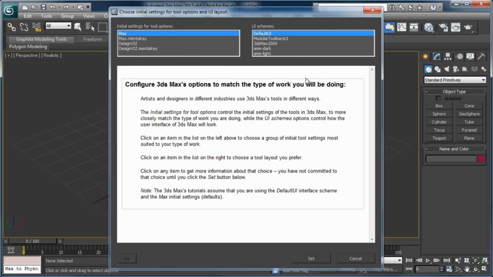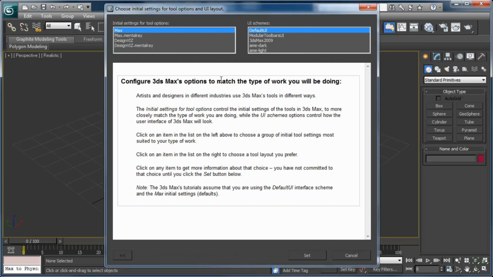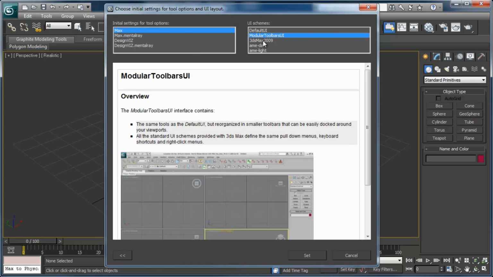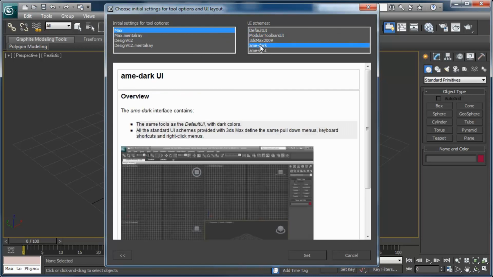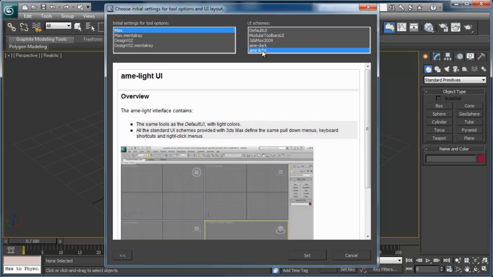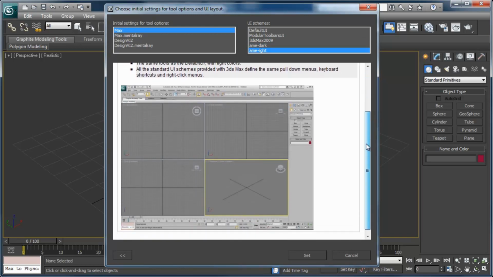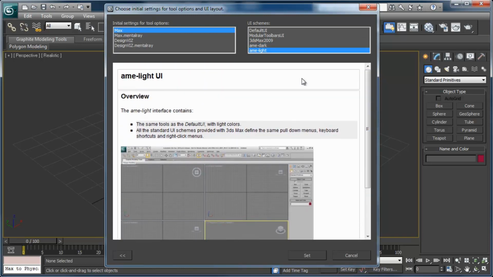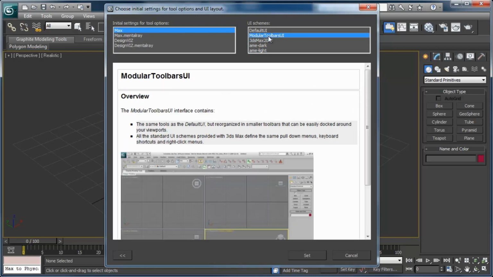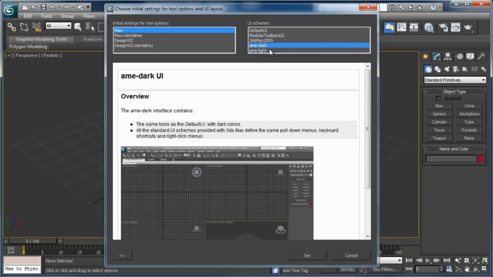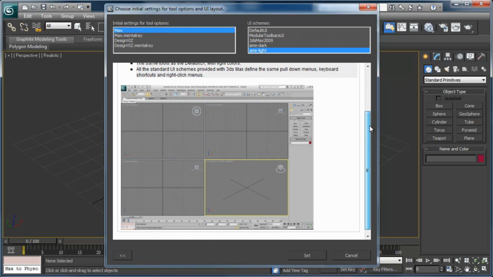If you left-click on this, it'll bring up a new menu which allows you to switch back and forth between various UI schemes, as you see here on the top right. This is our dark theme that we've been using. There's also a slightly lighter theme, which is a little bit brighter and maybe easier on your eyes, but it's just a personal preference. We'll go ahead and set ours to the light theme, and then left-click on the Set